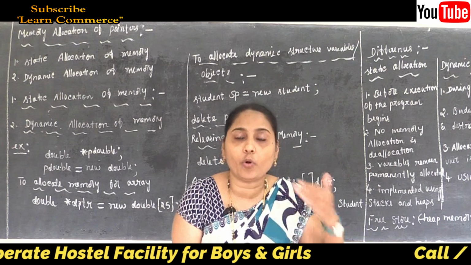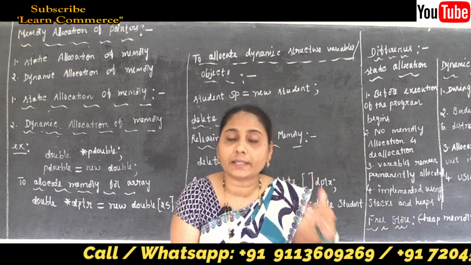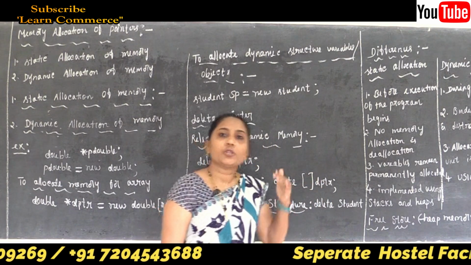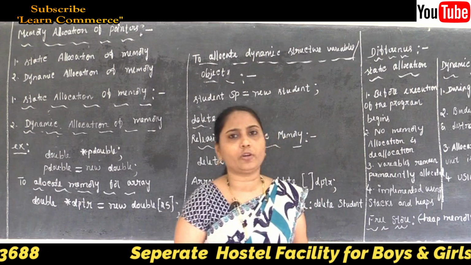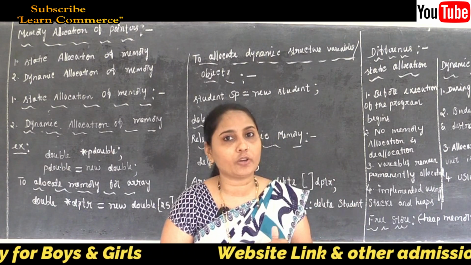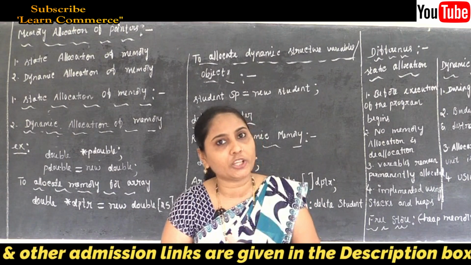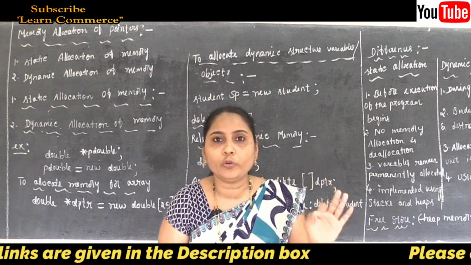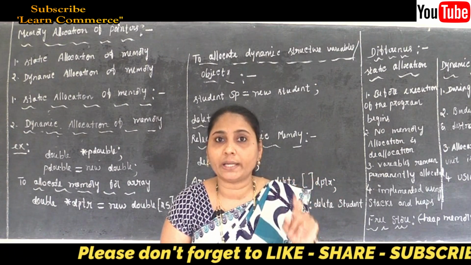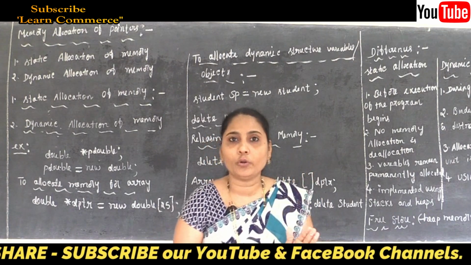No, we already know how much data is going to be allocated for each variable here. So this is about our static allocation of memory. And what about the dynamic allocation of memory? In dynamic allocation of memory, the amount of memory to be allocated is not known. Clear this point here? Why? Because we don't know beforehand.